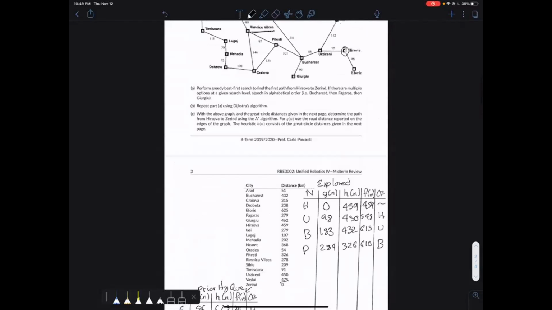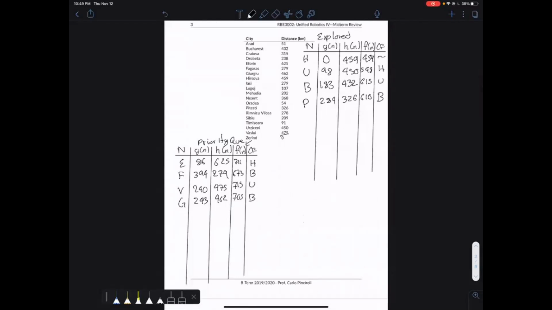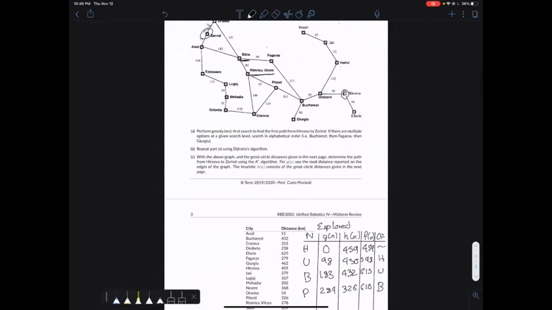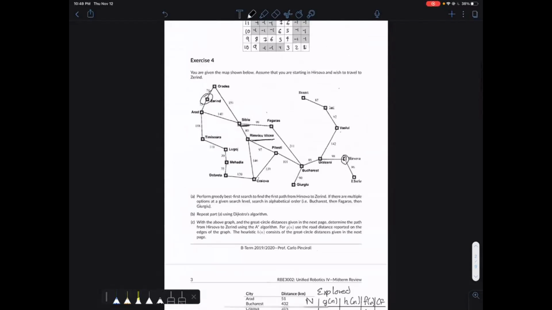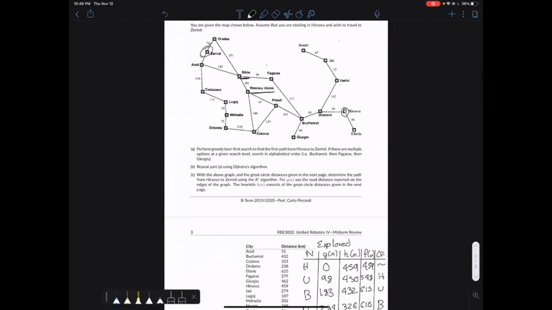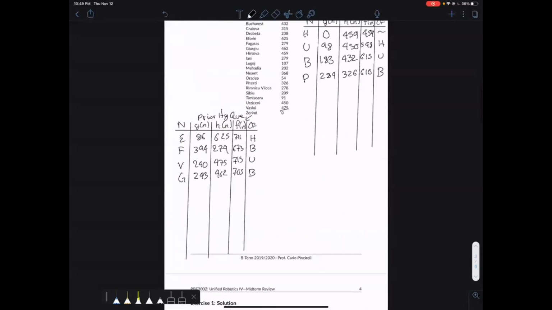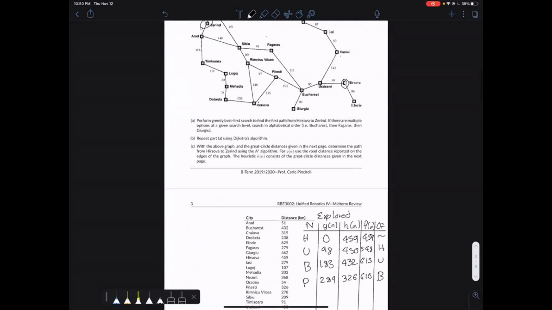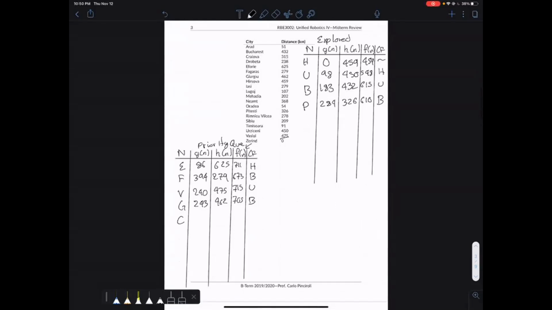All right, taking it out of our queue, the next part of this algorithm is then going to be adding in all of our neighbors of P. So we have two neighbors of P that we haven't explored. That is node R and node C. We'll start off in alphabetical order, and so we're going to go with node C. The path cost of node C is 138 plus our last G of N cost. So that's going to be